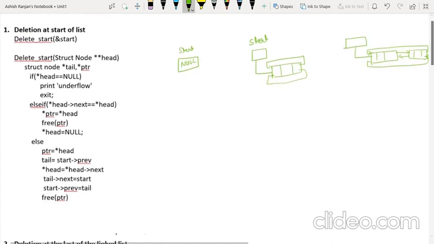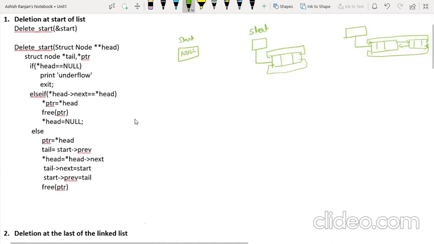Okay. So when start is equals to null, we'll check with this block. Why? Because head is pointing this. Head is a variable which is pointing this address. Let's suppose it is 5000. So head is 5000. So with the asterisk of head, we can check this content, whether this content is null or not. So this is null, so we cannot delete any node.